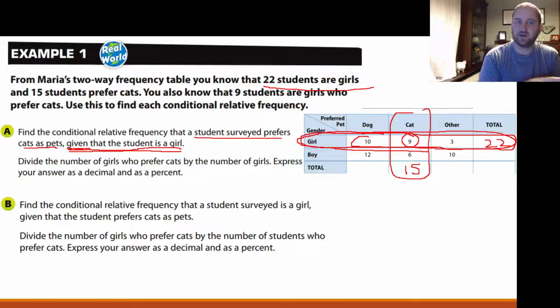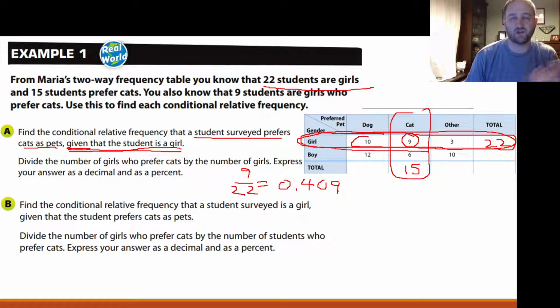Right? So it says find the conditional relative frequency that a student prefers cats as pets given the student is a girl. Basically what it's saying is find the probability that a girl prefers cats, from the survey. So basically what we want to do is divide the number of girls who prefer cats by the number of total girls. Well, there's 9 girls who prefer cats, and there's 22 total girls. So you take 9 divided by 22, which is